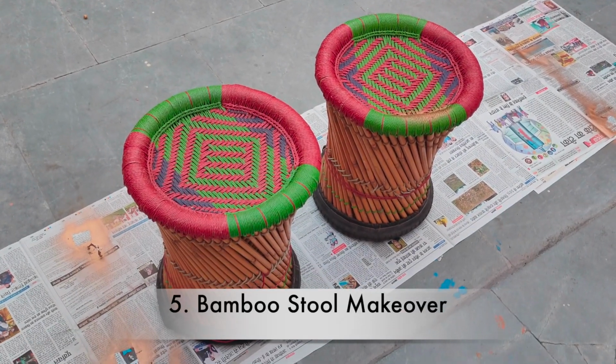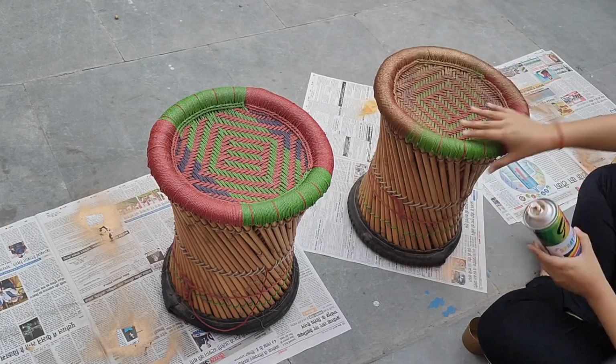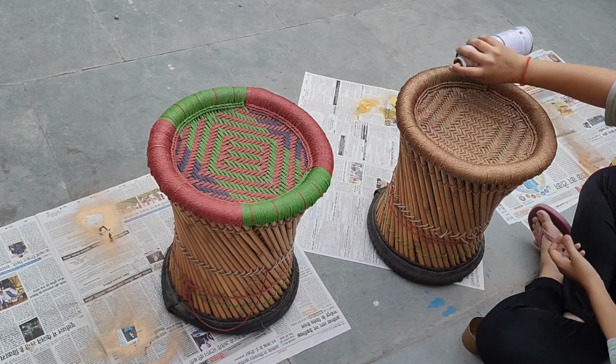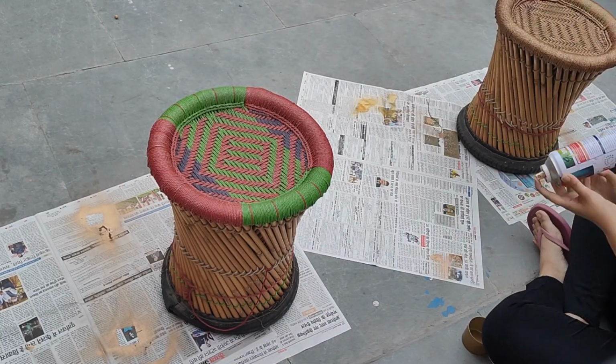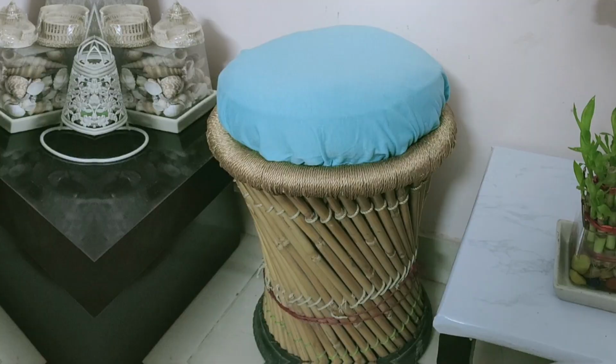So we had these bamboo stools or mooda, whatever you call it, but ये बिल्कुल भी थीम के साथ नहीं जा रहा था, and the red and green looked very different from the entire vibe of the room. So I thought I should spray paint it, and spray paint करके इसका totally look change हो गया।